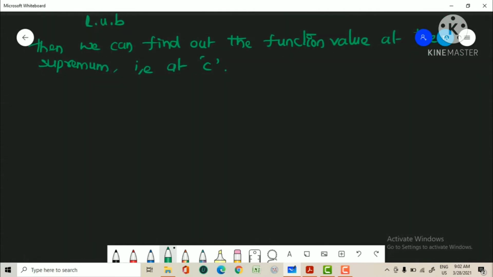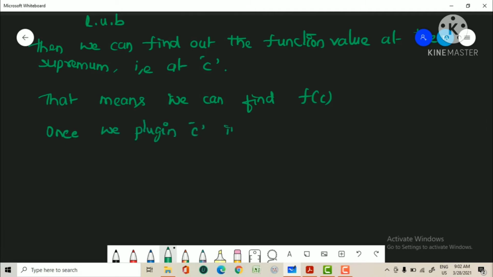That is at C. That means we can find f of C. Once we plug in C in the function f of x,